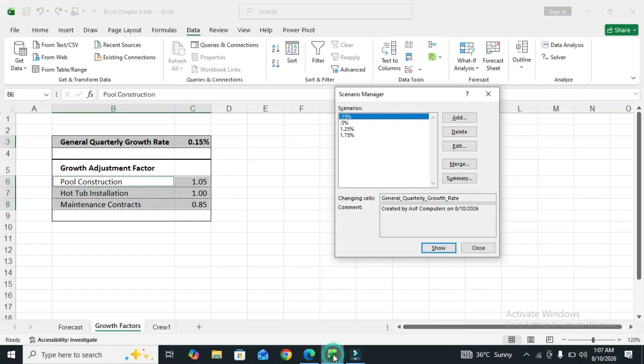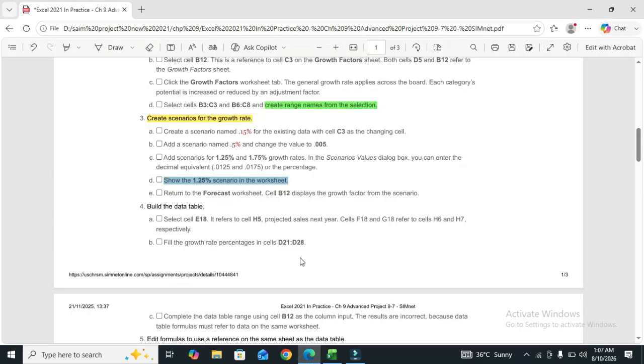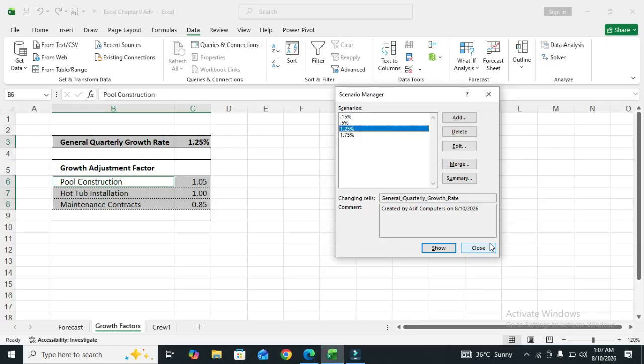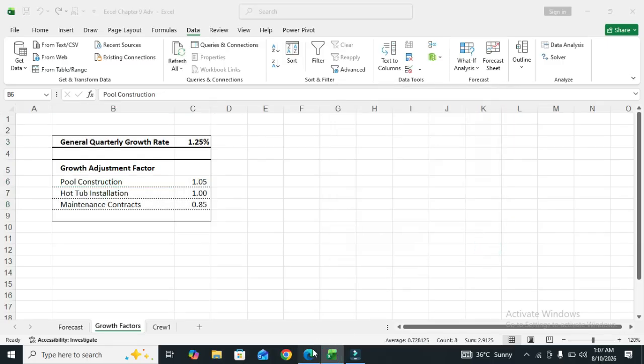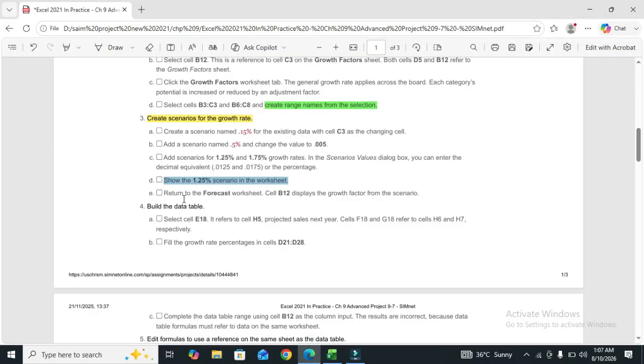So we move to the worksheet, click on 1.25% and click on Show, and this is also showing sheets. Click on Close. So part D has been done, so we move to part E of this step.